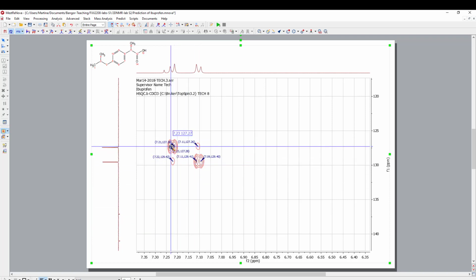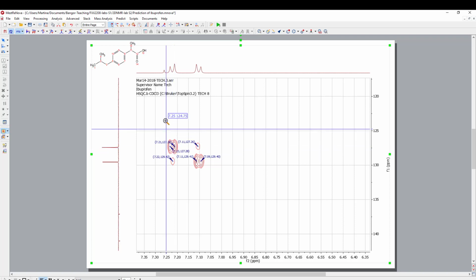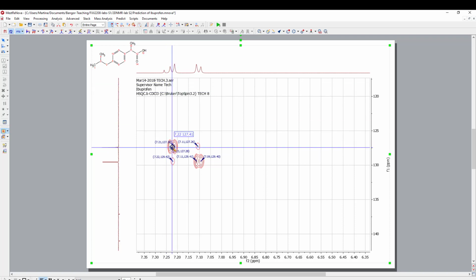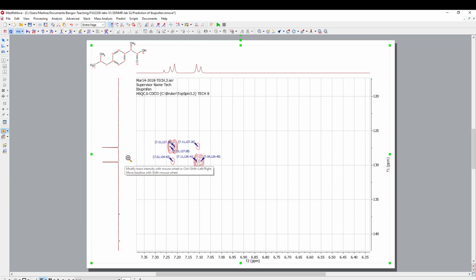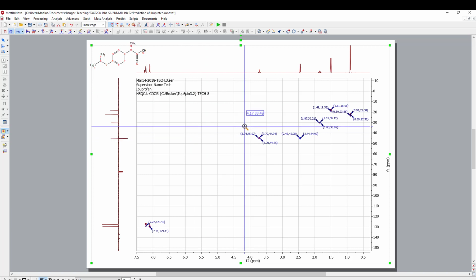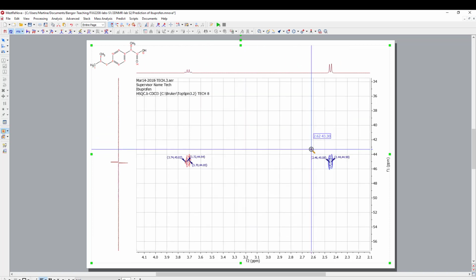But the bigger ones here, the 7.21 is corresponding to the 127.28 or whatever signal. So the signal that is more here to the right or to the top, and the other one is connected to the other peak. So this time we have a bit more information about who is linked to whom. If we go back to the whole spectrum, we can take some other signals here,